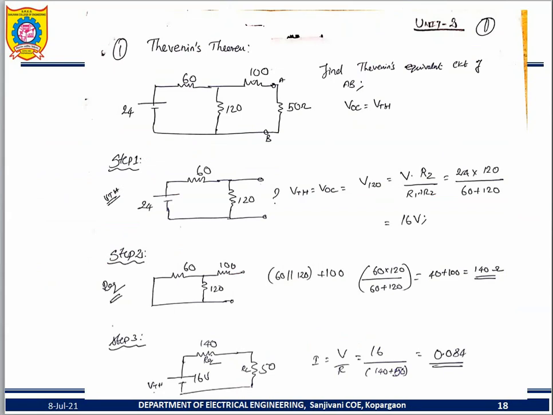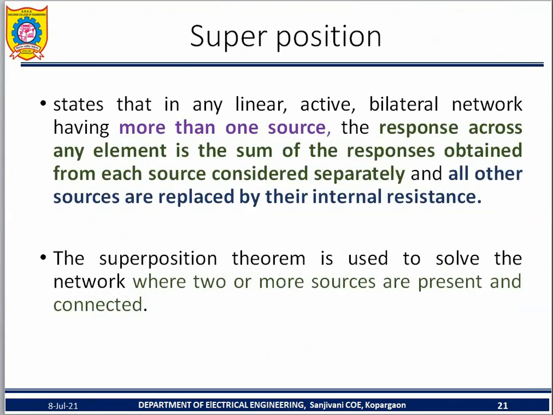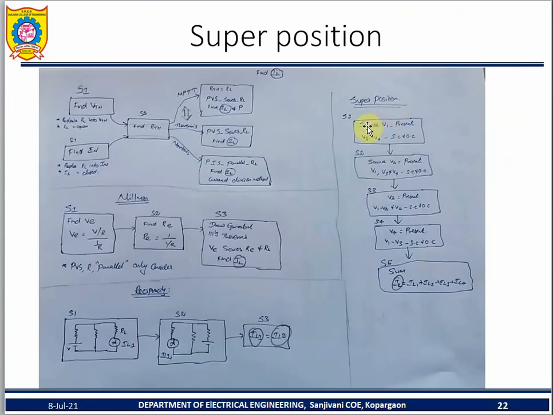Next we go with the superposition theorem. Superposition, like Superman. In the superposition theorem, what is the objective? There is a big complicated circuit, and we find the load current. Thevenin's theorem also finds the load current. Here also you will find the load current, in 3 steps. The diagram will show other theorems: Millman theorem, reciprocity theorem, maximum power transfer theorem. These are not even in your syllabus.